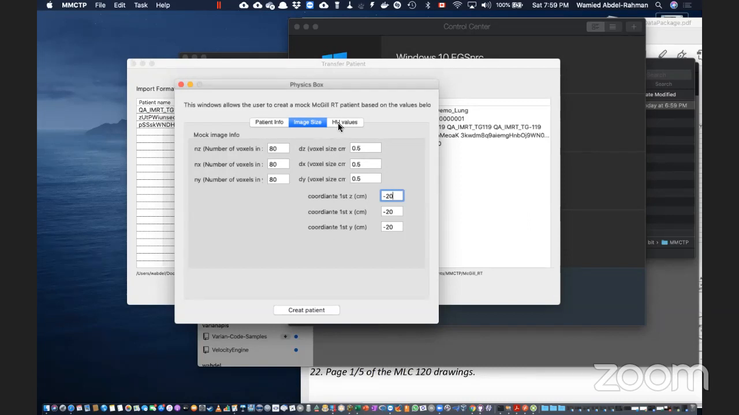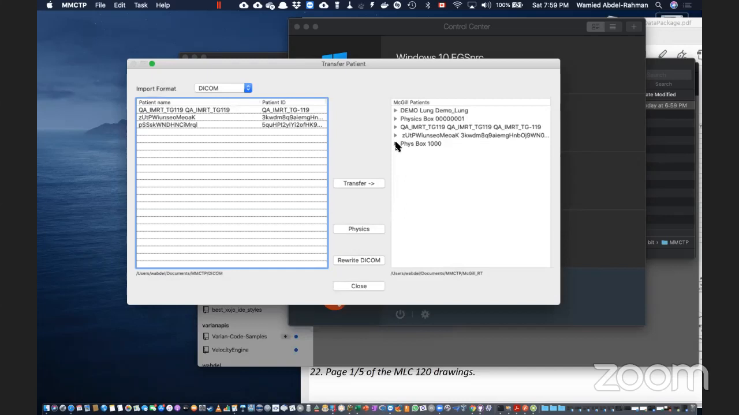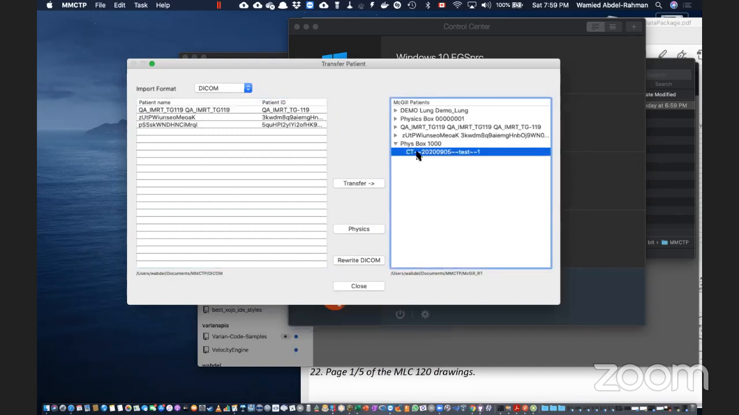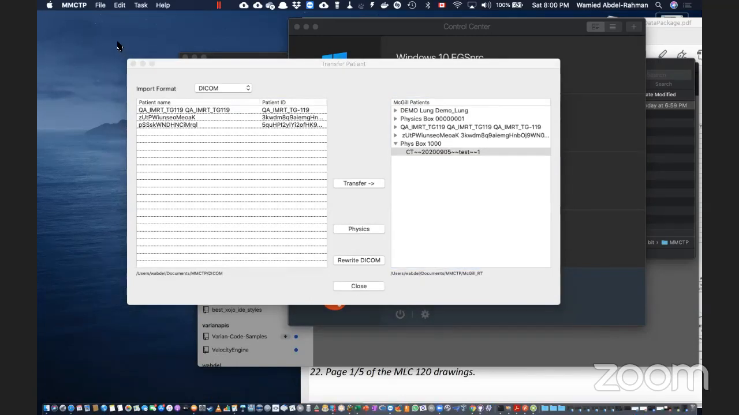So fine, answer unit. Okay. Value. I'm going to use a uniform CT number. I want everything to be water. So the CT number is 0 for water. Okay. And this is the one. Okay, so now I'll close this and we will open